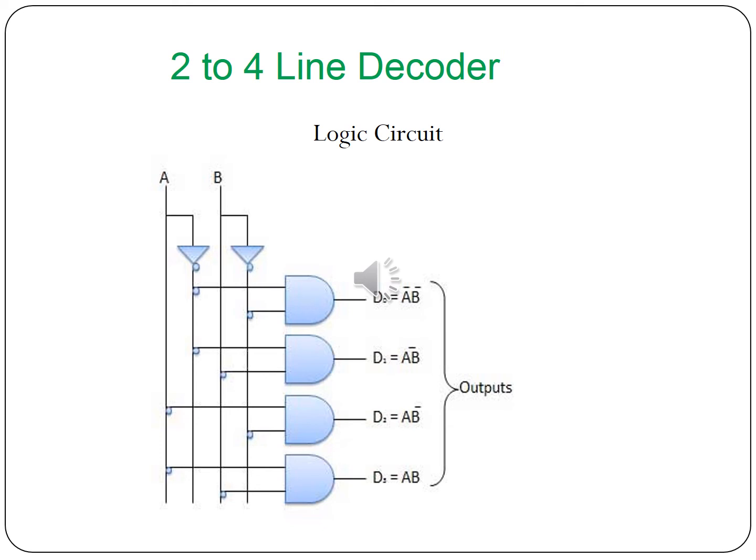This is a 2 to 4 line decoder logic circuit. In this logic circuit, there are two inputs, A and B, and four output lines, D0, D1, D2 and D3. The circuit is implemented with NOT gates and AND gates. The NOT gates provide A and A bar, B and B bar. The first line is the address 0 0, which is A bar B bar. The second line is available only at 0 1, that is A bar B. Another line is 1 0, that is A B bar. The fourth line, D3, is enabled only at 1 1, that is A B.